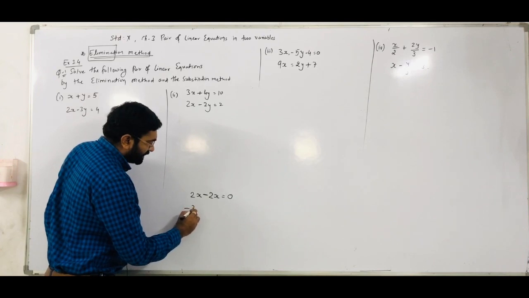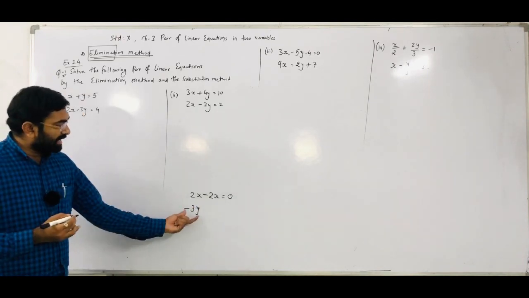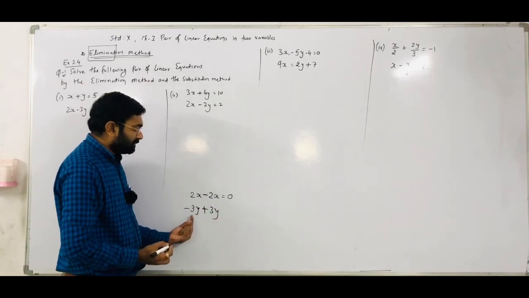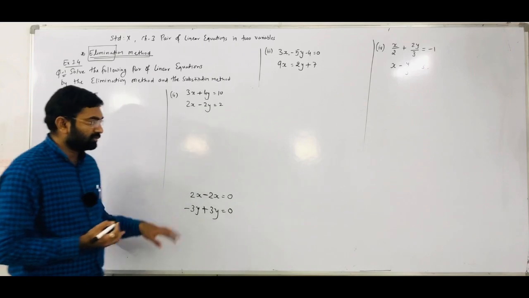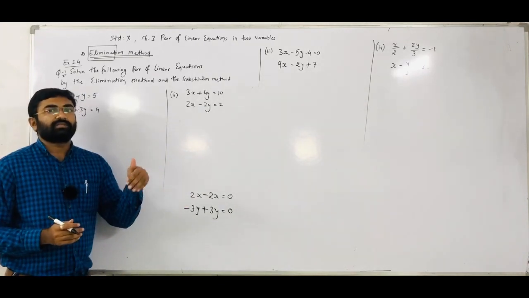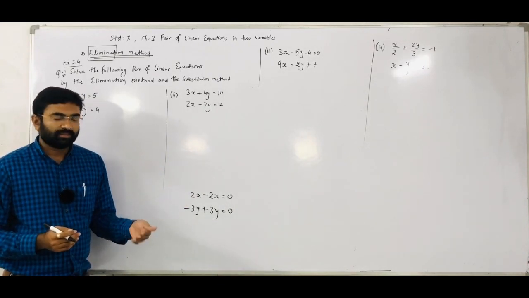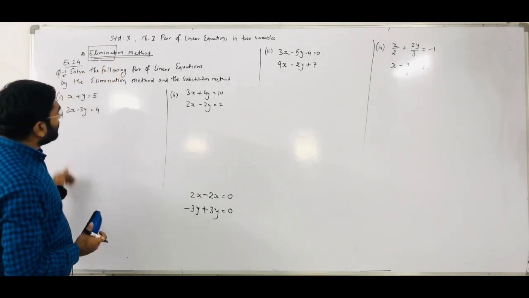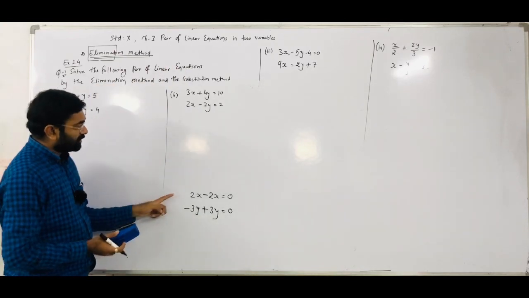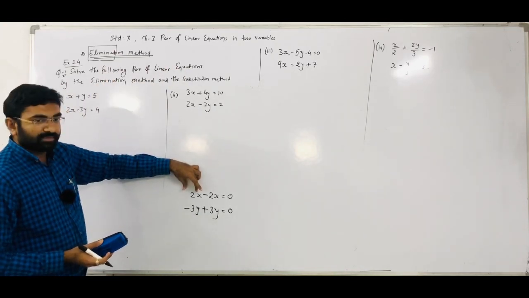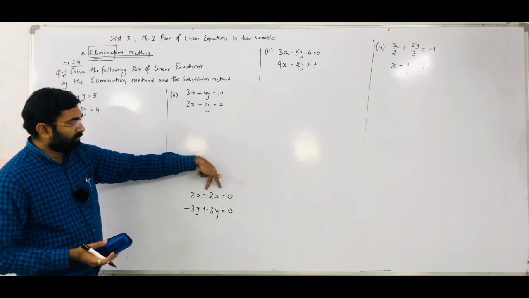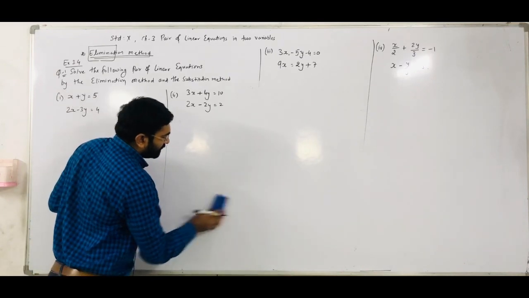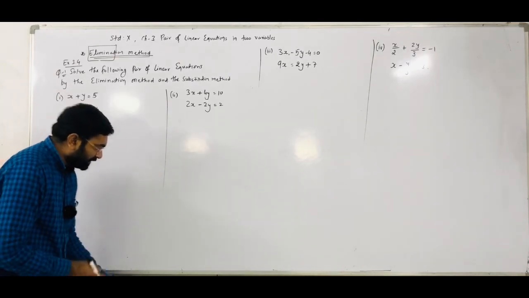Suppose someone gives minus 3y. For eliminating minus 3y, we require the addition of plus 3y. So minus 3y plus 3y we get as 0. That way we can eliminate any term. That thing we can define after solving this sum. Whatever term is given, we require another term for eliminating that first term. So we arrange it that way so we can eliminate one variable and find the second variable's value.